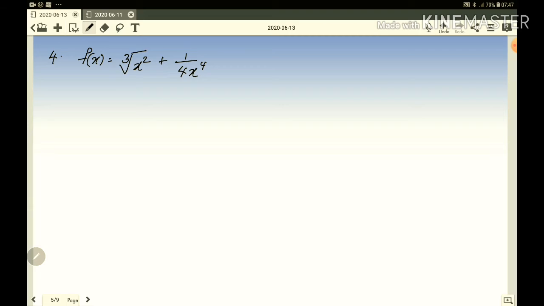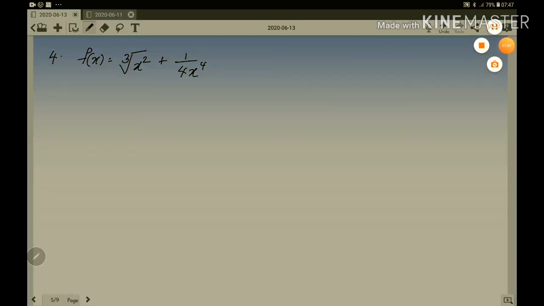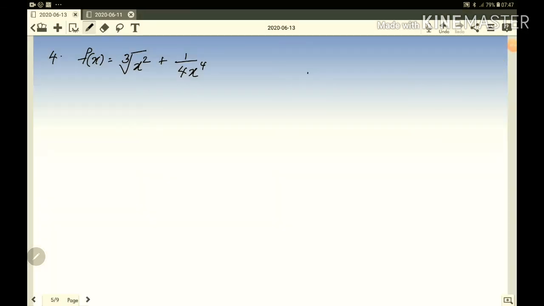A root is there. How do you differentiate? You know how to change it. So I have to arrange it. That is f of x is equal to cube root. Cube root, how do you change it? The thing inside the root, write it first. That is x squared. Then use a bracket. Then cube root is going to be 1 over 3, isn't it? Why did I use a bracket? Because inside the bracket, that x squared, has a power. That is why I use a bracket, because those powers you have to do something. I will show you in the next step.